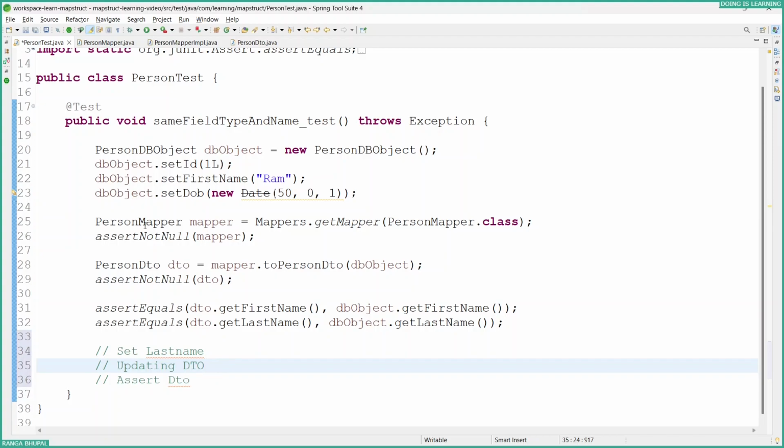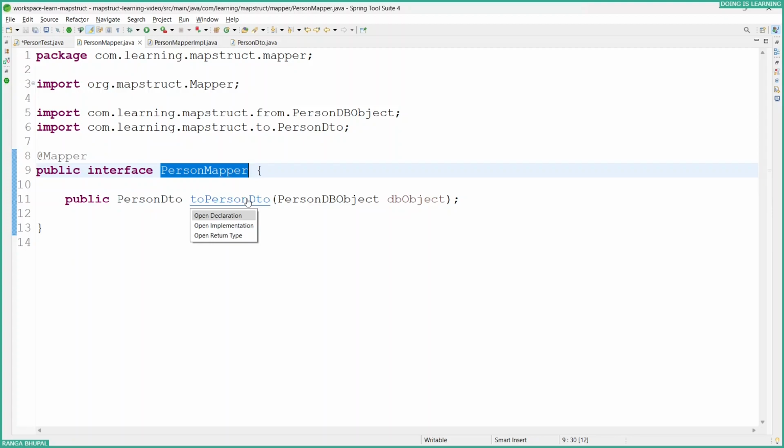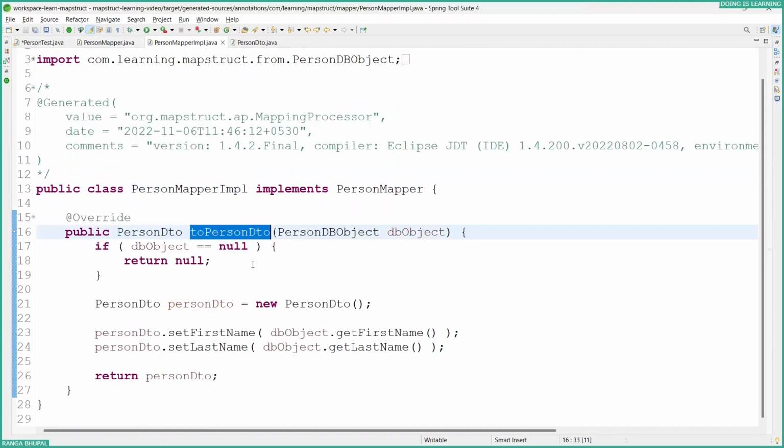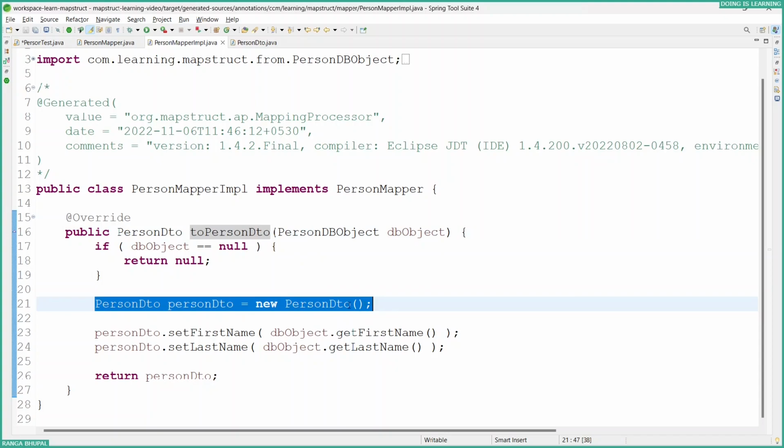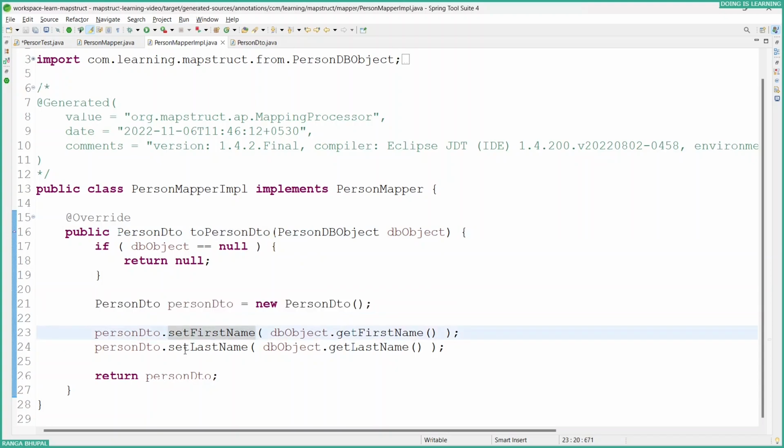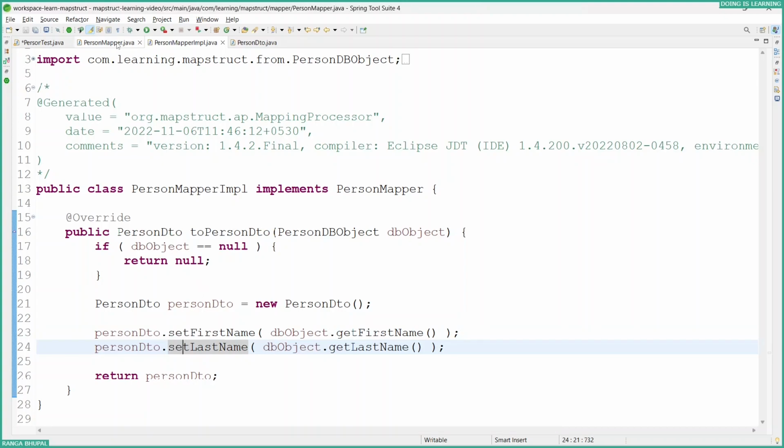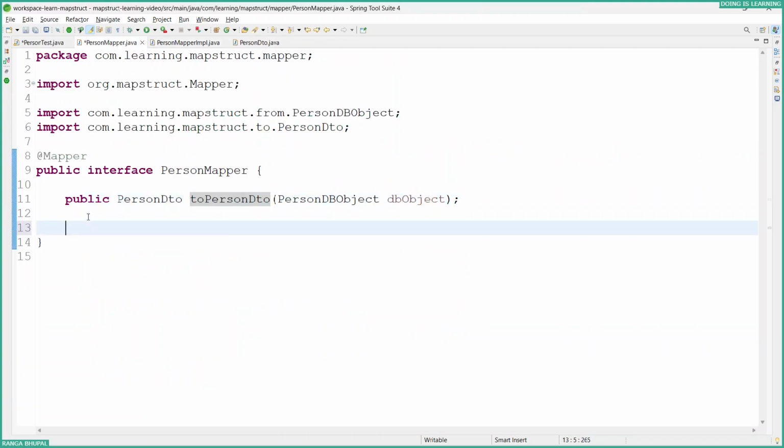So let's go to the mapper and see the existing implementation. In the implementation, as we discussed earlier, a new object is constructed and values are set accordingly. So now let's write an update method, public void updateDTO, and it